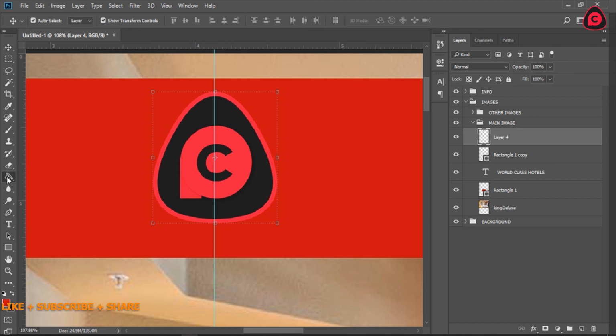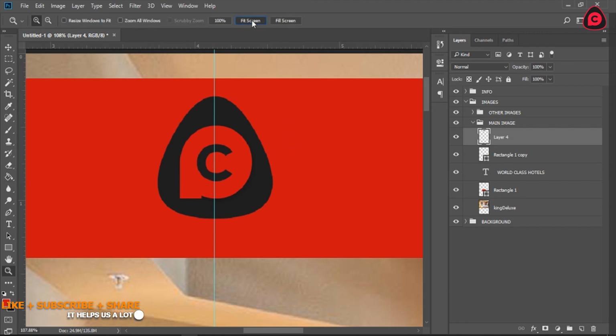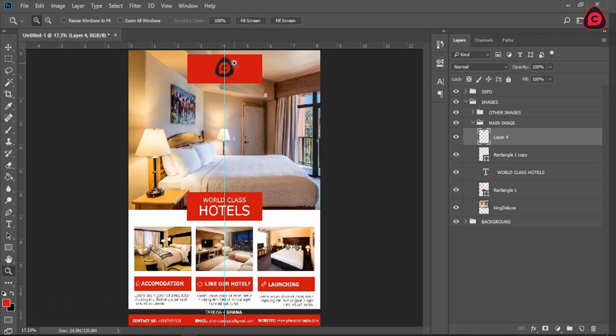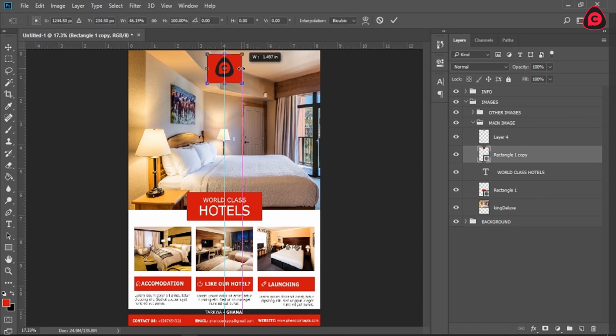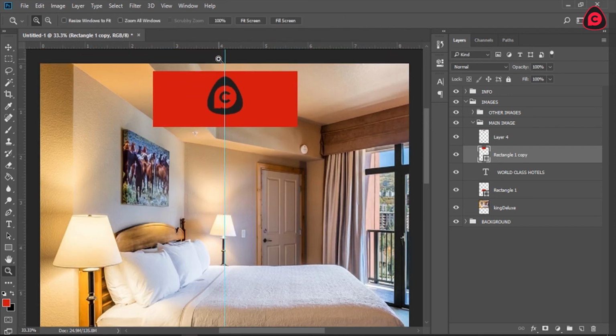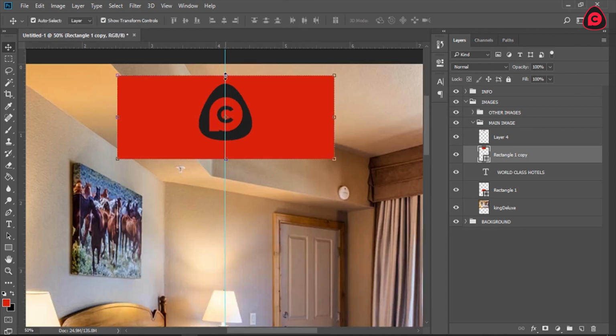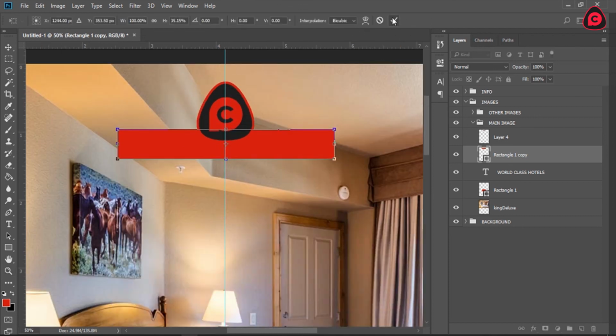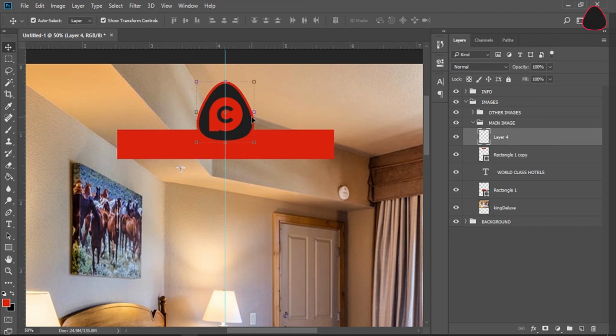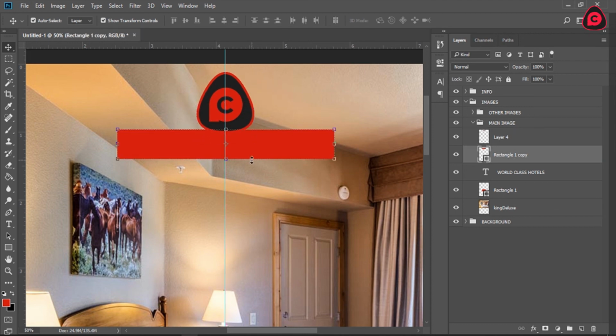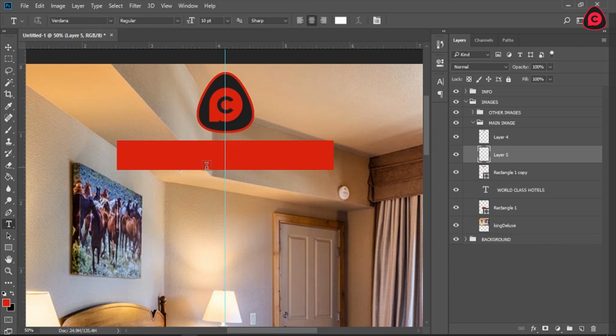You know what, let me just grab my paint bucket tool and just, now you don't have to do this, come on, I won't even recommend you using your paint bucket tool. There are better ways of doing that. You can check our other tutorials for that. And I said I'll make it the same shape and the same size. So maybe I'll make the length smaller, but I'll keep the width. So for the width, I'll just type in something nice,